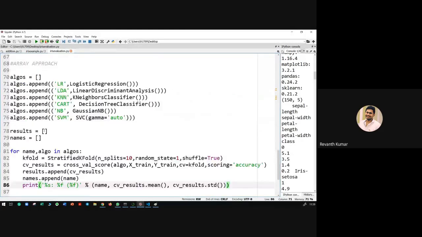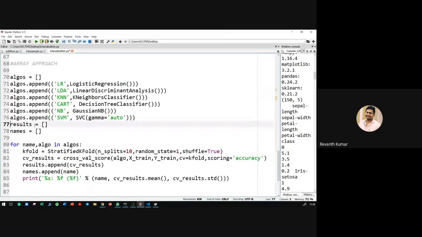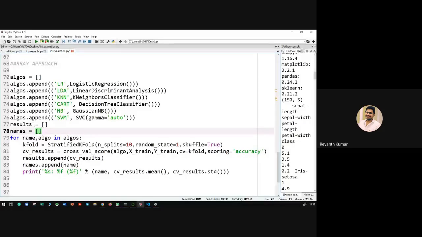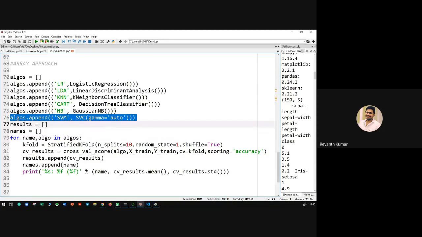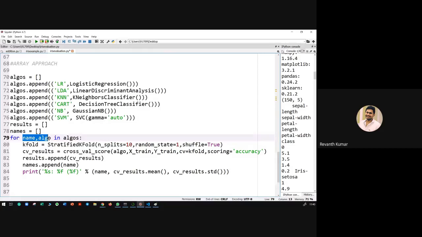So now what will happen if you look at the functionality? In line number 76, algos will have the list, or the array, of the complete algorithms that we have. And next we have an array where we are going to store the results, and then names, which will store the names of each and every algorithm that we are actually working on. Okay. So next, what we did was we took a loop. We tried to loop inside the array that we created. We took name and algo at once. Algo is one algorithm at once. So we took those values